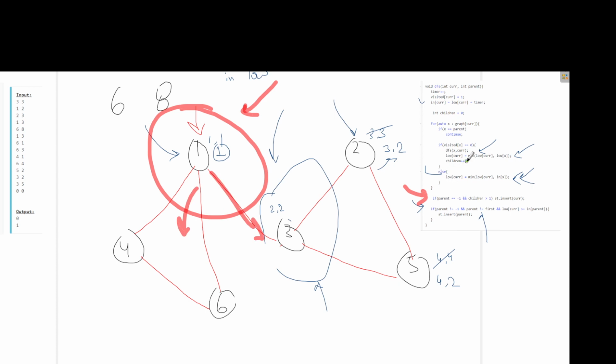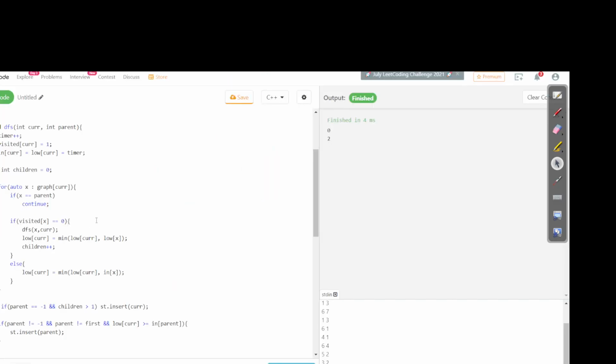So in this case, the value of children will be greater than 1. If this is not an articulation point, then the children will be only 1, or we will call only one DFS call. So in this case, the value of children will be increased and become 2. So we will insert this into our set, this into our set. So in this way we have solved this problem.